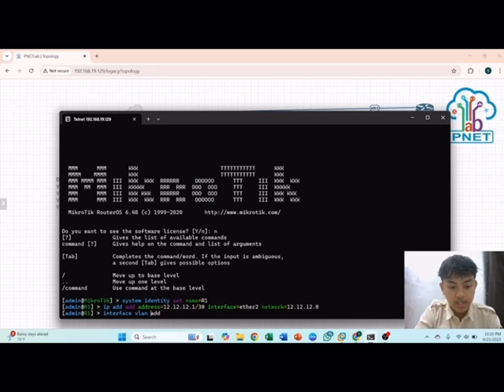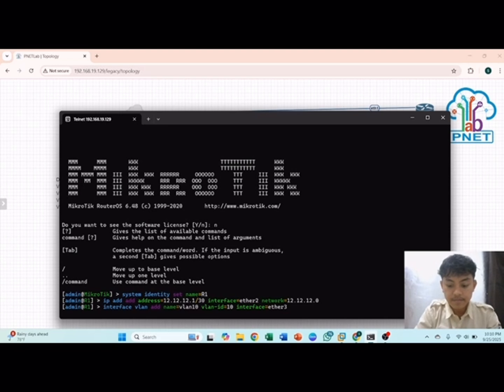Interface VLAN add name VLAN 10 and VLAN ID is 10 and interface Ether3. Enter.